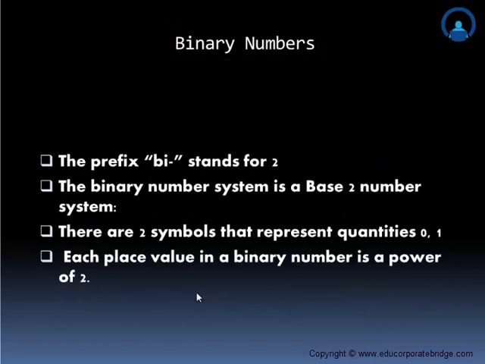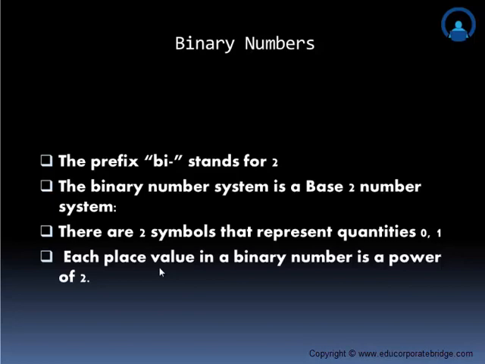The binary numbers. What are the binary numbers? Bi itself stands for 2. The binary numbers always have the base 2. Like how the decimal numbers had the base 10, similarly the binary numbers have the base 2. These binary numbers are not represented in terms of ordinary numbers. They have only 2 bits, that is 0 and 1. Here we multiply each bit with the power of 2 with respect to its position, the same way we did for 10.